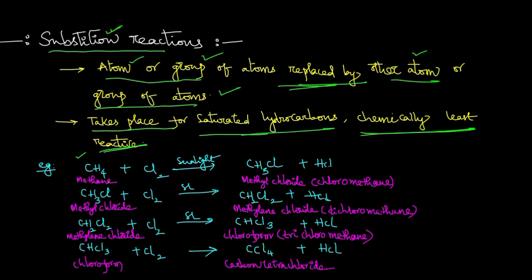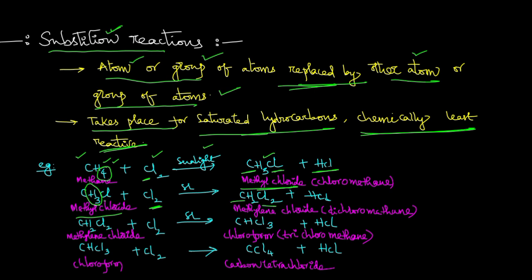For example, here you have methane. Methane, when it is reacted with chlorine in presence of sunlight, then here the hydrogen is substituted and one hydrogen is replaced with one chlorine and will become CH3Cl, which is called methyl chloride, and HCl will be the other product. And this methyl chloride is also called chloromethane, and this methyl chloride again undergoes reaction with chlorine, and one more hydrogen will be replaced and it will become